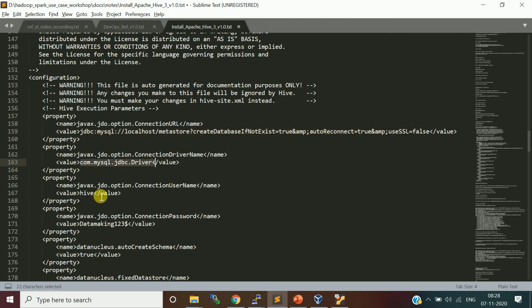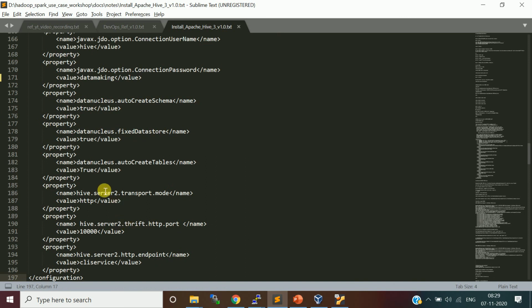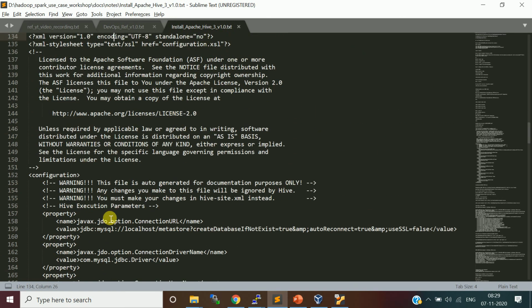And what is the user with which it has to connect to the Metastore, and what is the password for this? We made it data making. I'll just change this. This is the database, and other stuff. And there is the HiveServer2 port number for that process. All these things are available in this file.